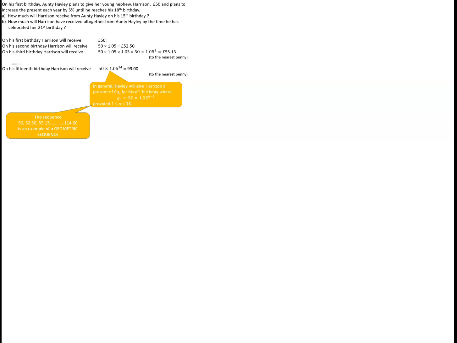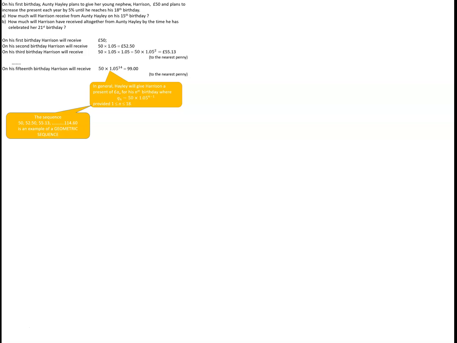and the birthday presents were to start at £50 and increase by 5% each year until he reaches his 18th birthday. We observed that this gave us a geometric sequence with first term 50 and common ratio 1.05, and we used the summation facilities, or the sigma facilities, on our calculator to show that the sum of all of Harrison's birthday presents up to and including his 18th birthday would be somewhere around about